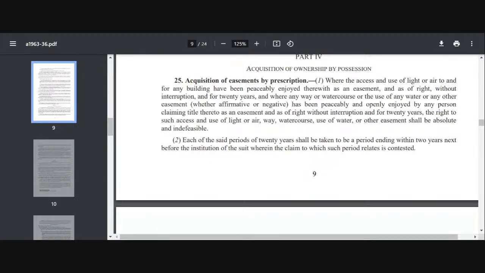वाटर कोर्स, कोई वे, या फिर लाइट एयर, anything you are using, any right fishery, anything you are using, and that has not been in possession of the servient owner, but it is under a lease for a term exceeding 3 years, or it is subject to an interest for life, then the time during which that lease or interest is continuing will be excluded from the computation of period of limitation। मतलब क्या है